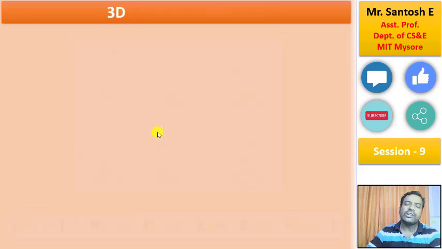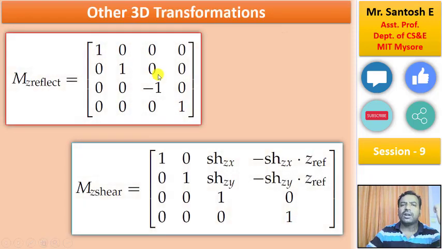Now with the 3D rotation about a pivot point covered, we will look at the other transformations we had in 2D. In 2D transformation, we discussed two additional transformations, that is the reflection and the shear. Now I can have those in the form of 3D transformations too. Hence, in 2D transformation of reflection, I had a 3 cross 3 matrix. Now I am going to a 4 cross 4 matrix, similarly with the shear. And now I can make sure what values I am going to use in the 4 cross 4 matrix to have a different type of reflection.